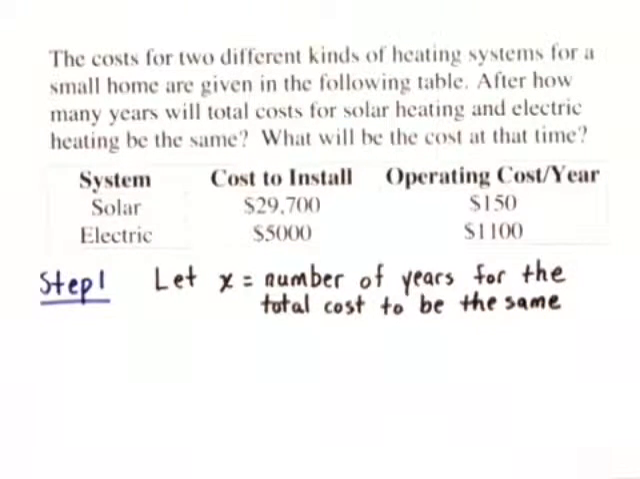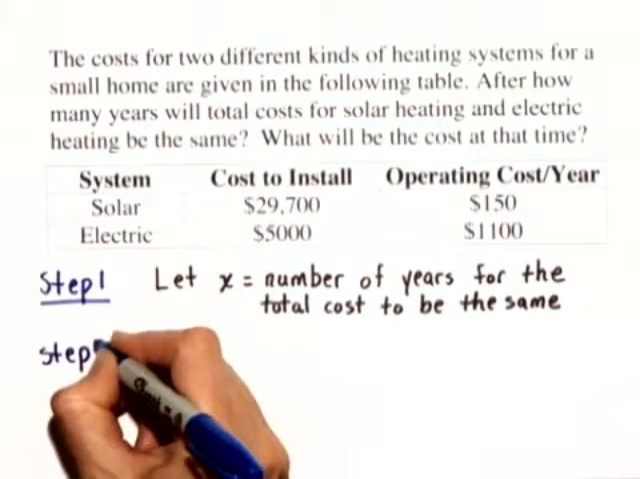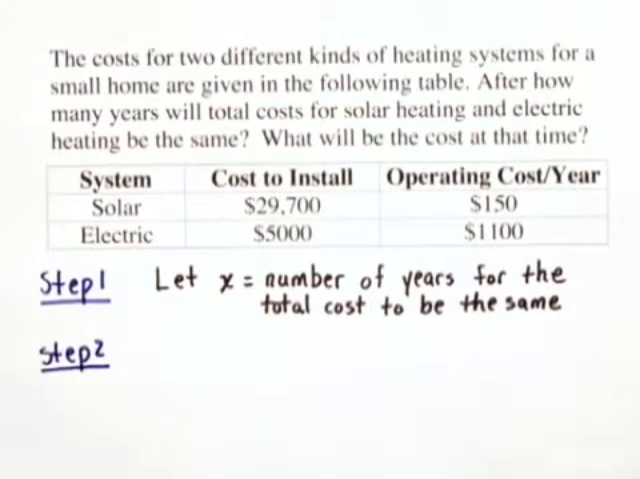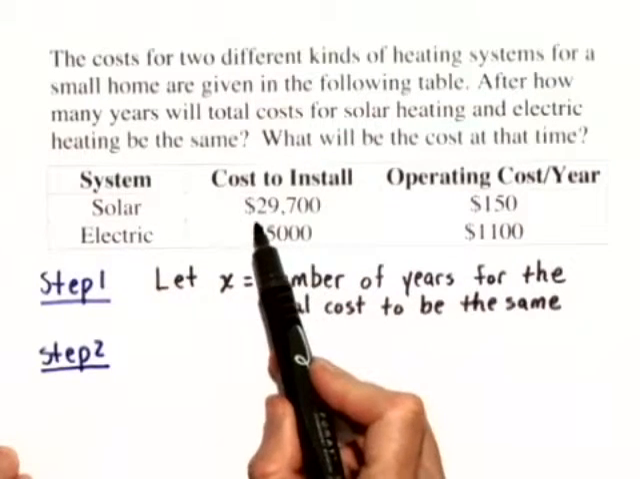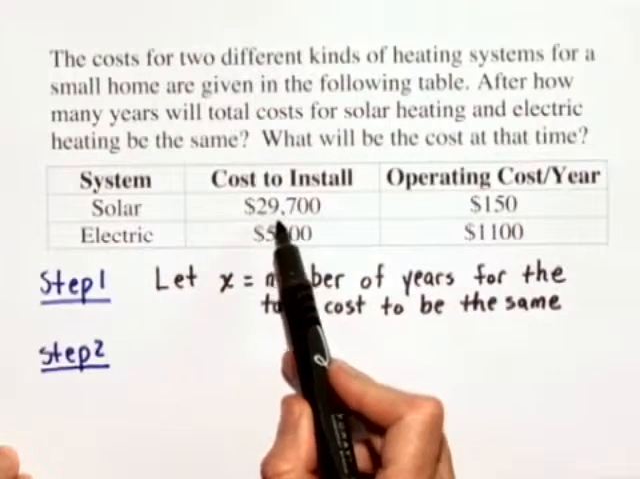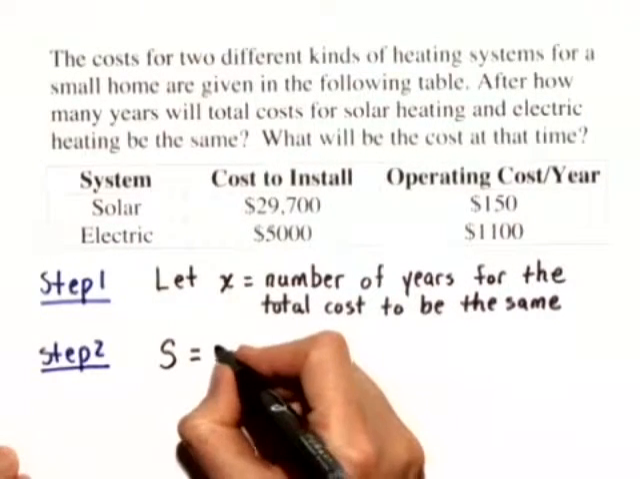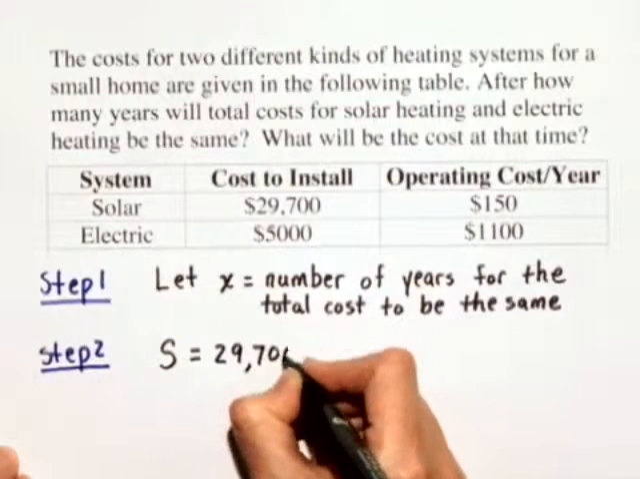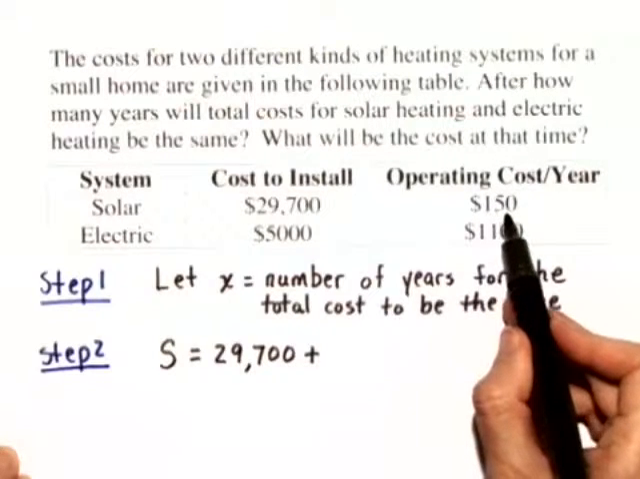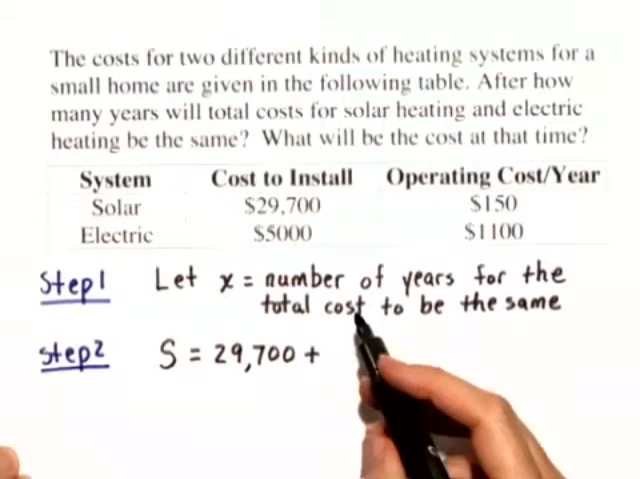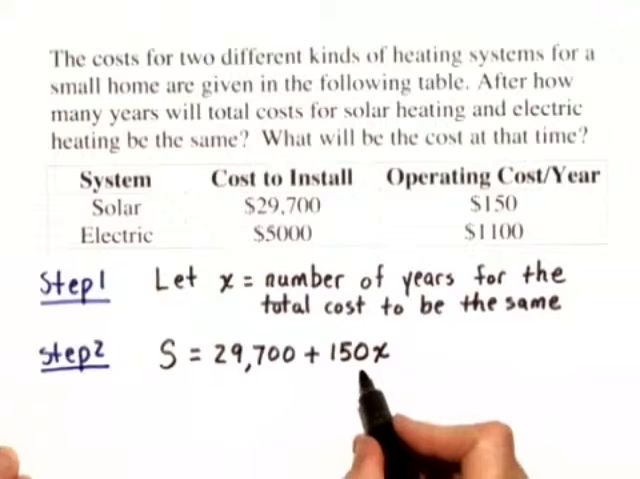So in step 2, we want to represent the unknown quantities in terms of x. And we can get those unknown quantities from our chart here. The solar system has a cost to install. That's a fixed cost of $29,700. So we'll call this capital S. That cost is going to be $29,700. Plus it also has a variable cost. In other words, each year the cost is $150. Since x represents the number of years, we can just write 150 times x